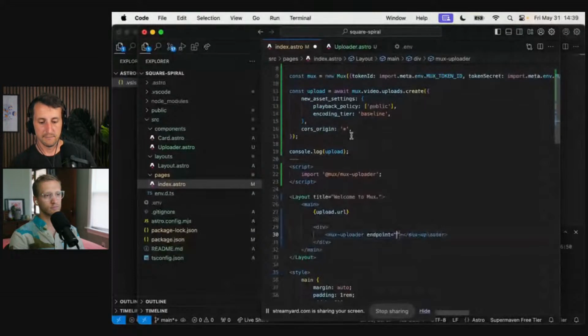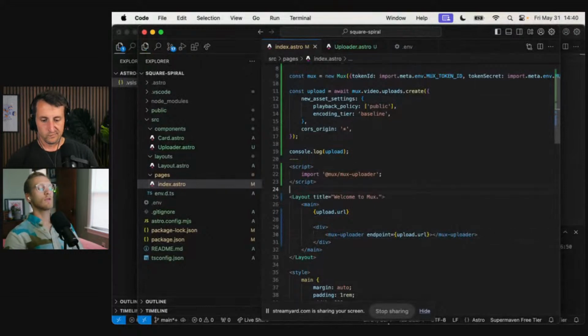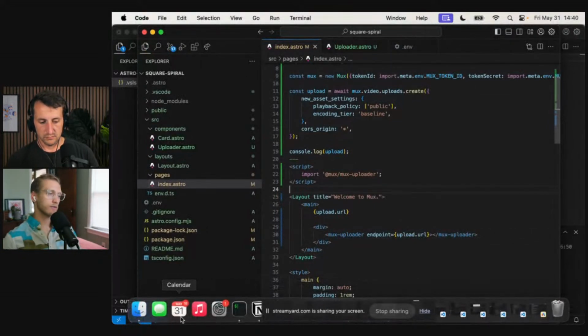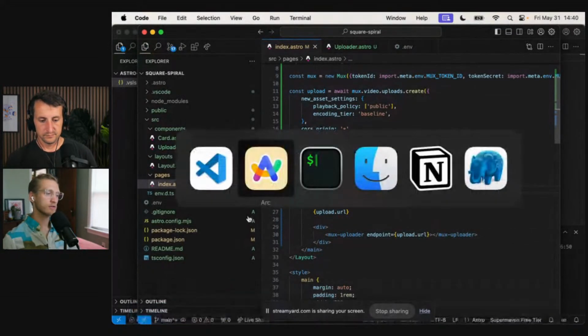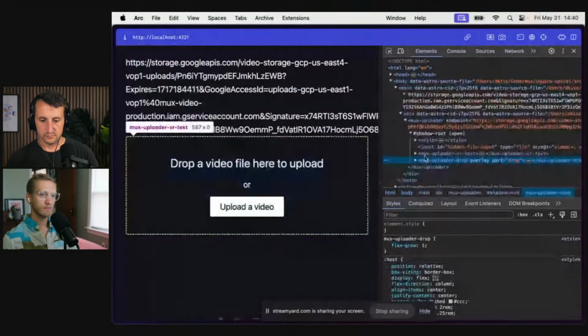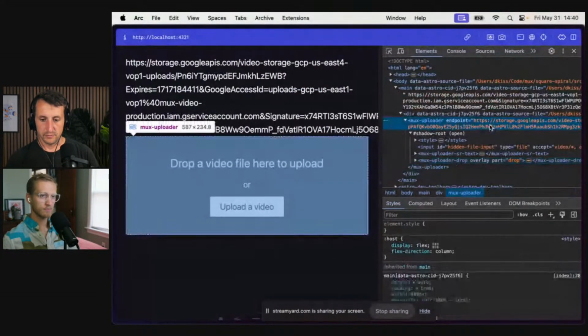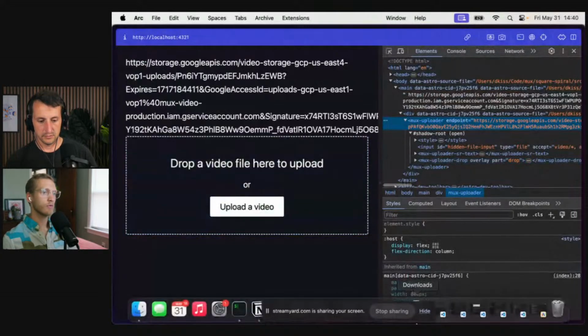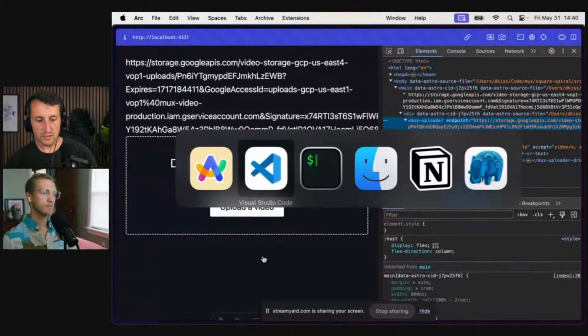So we have the endpoint, and can I pass just the upload URL like that? I think this is how. Yeah, this feels Astro-y. Okay, so there we go. We're seeing it appear. Nice. There's the endpoint.